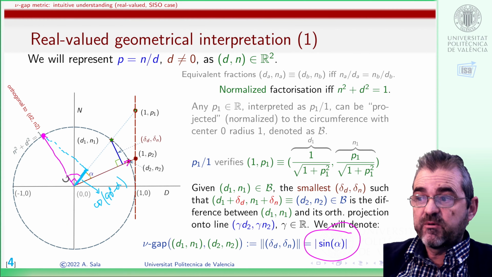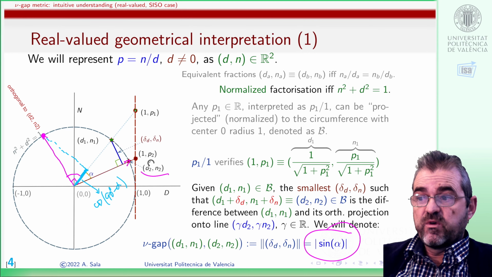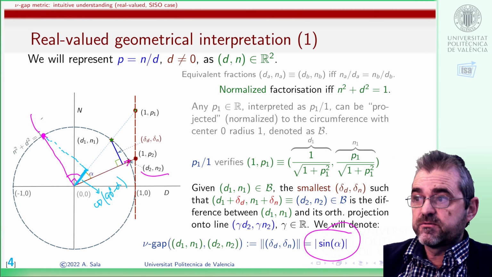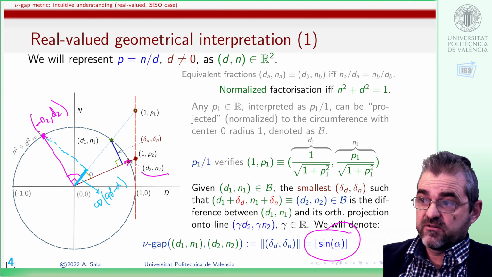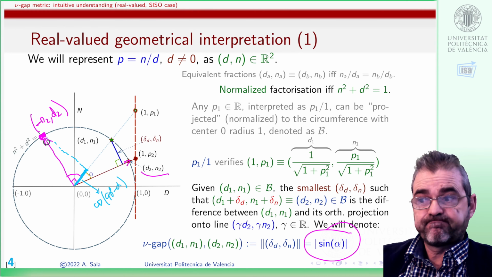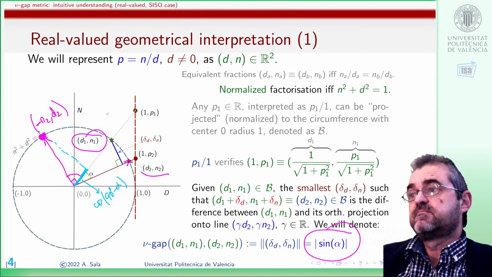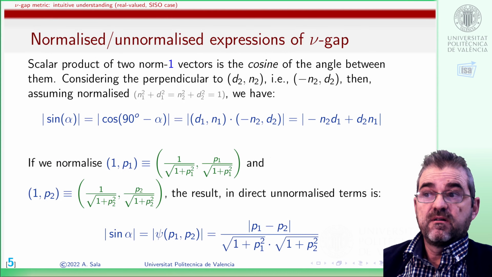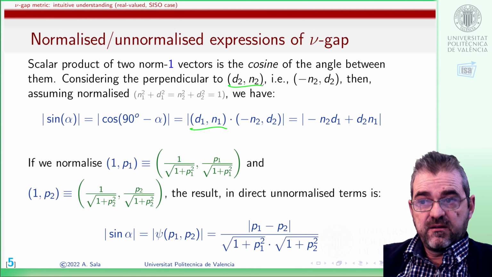But how can we get a vector forming 90 degrees with this point? Well, it's easy. It's well known that if I reverse the order and change sign of one of them, then I get this orthogonal unit norm vector, the pink arrow. So the scalar product of this orthogonal vector with this thing will give me the required sine. Then this is it. If we have D1 and 1 and D2 and 2